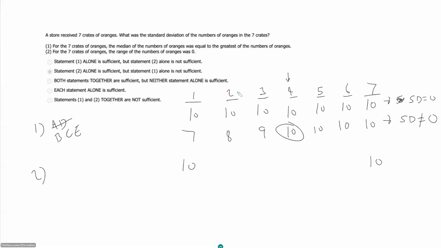also must be 10, and we can't change these because that would change the range, right? I can't go up because that would change our range. I can't go down either because that would also change our range. So we're left with no choice but that. And if I change the values, well, that's not going to change anything. If I say, oh, they all have 8 in them,